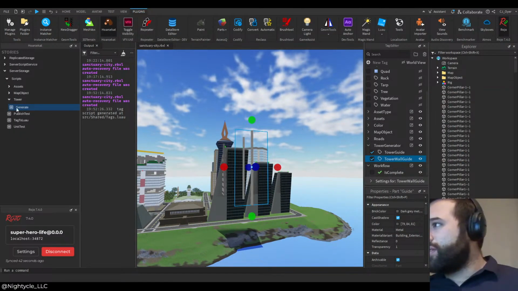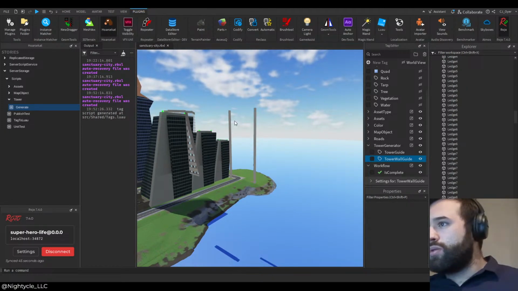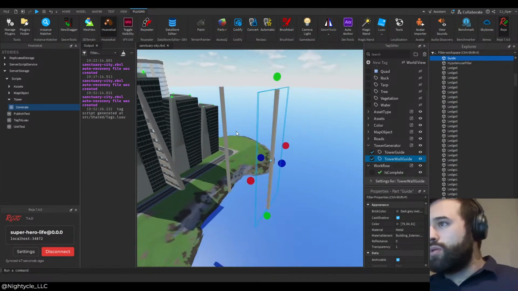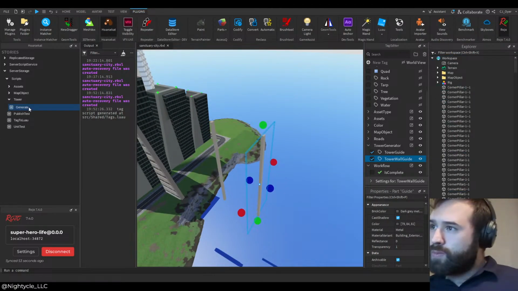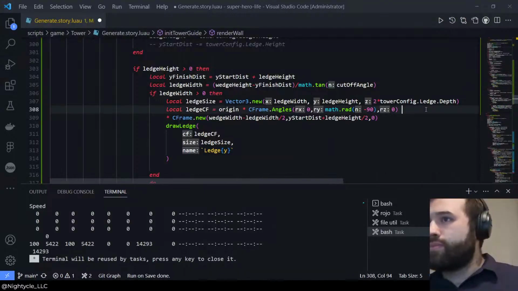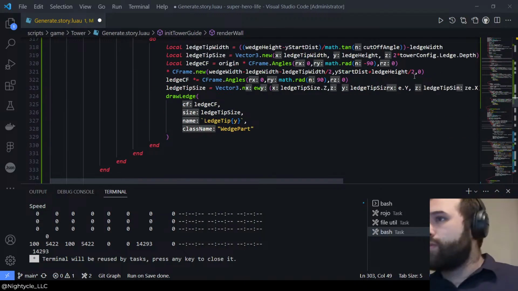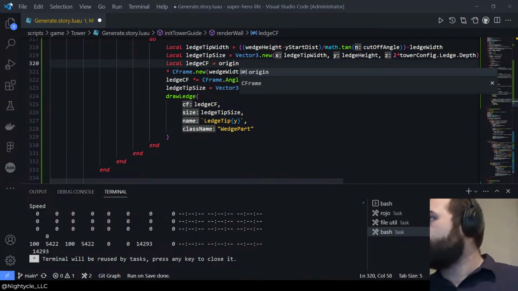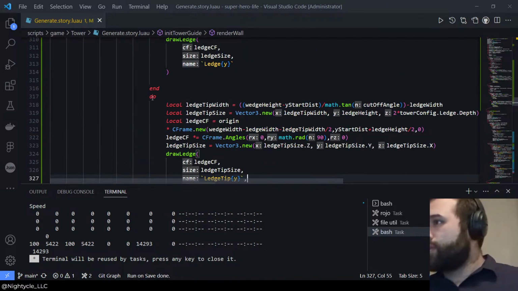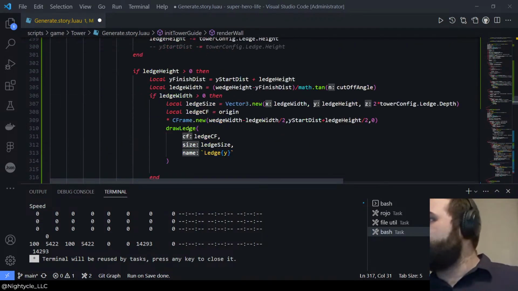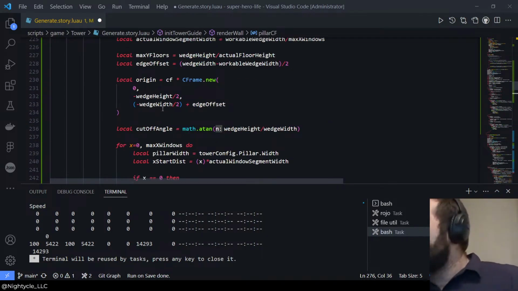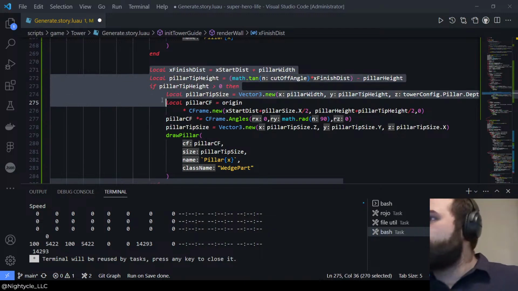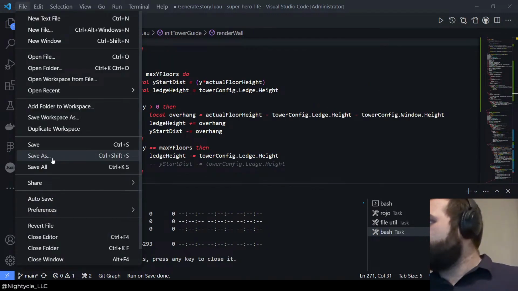Let's try that. In fact, let's just remove these different ones. All right. But I think